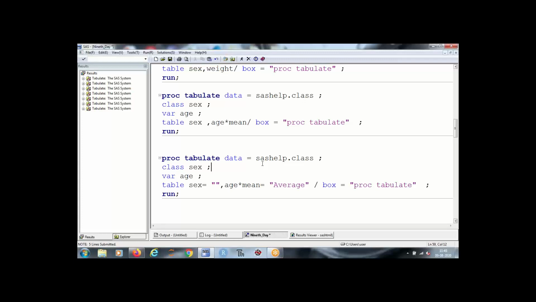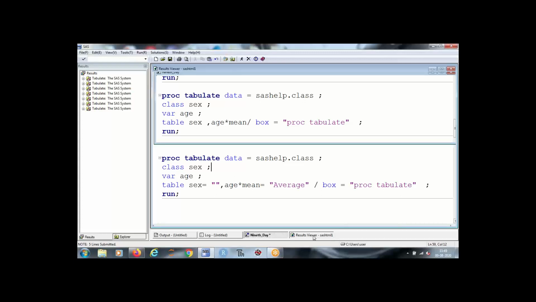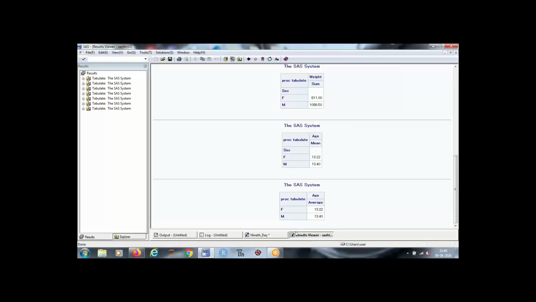Why have we used double quotes with sex here, like table sex equal to double quotes? To cancel the heading, to remove this particular heading. Since it's blank, it will remove it.